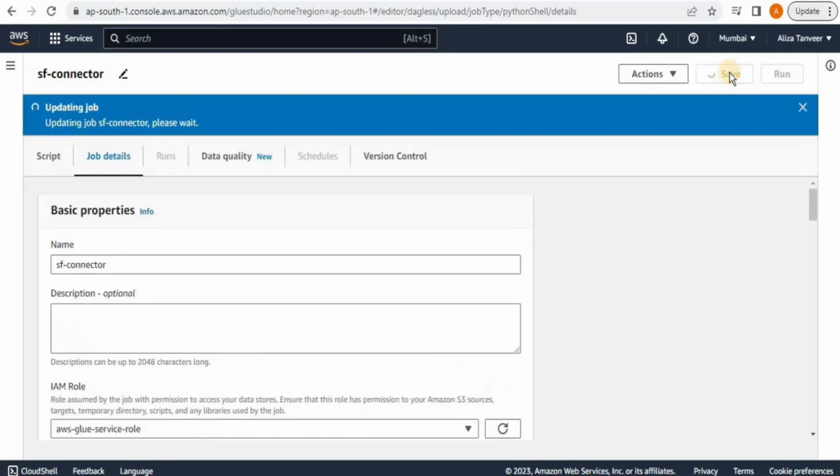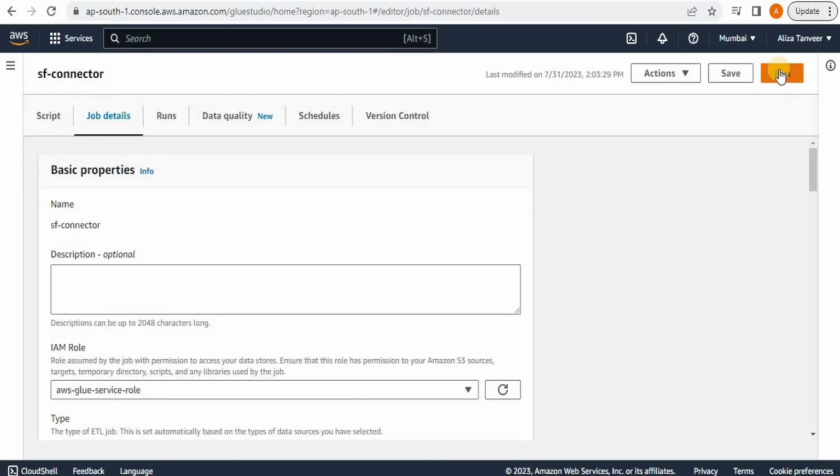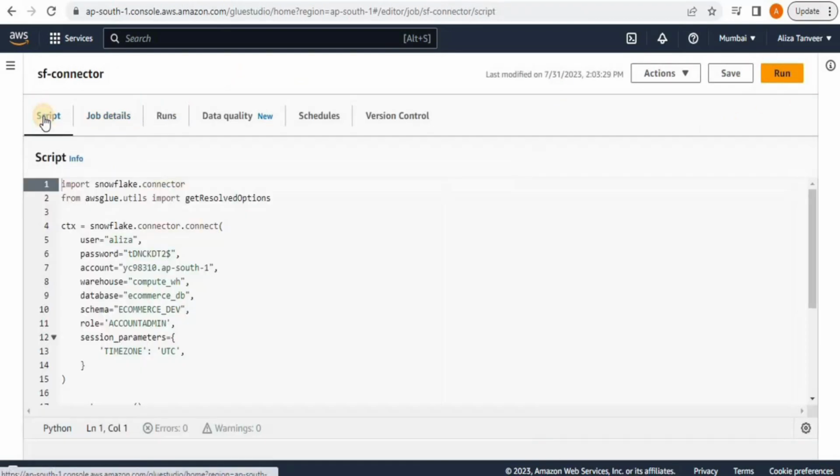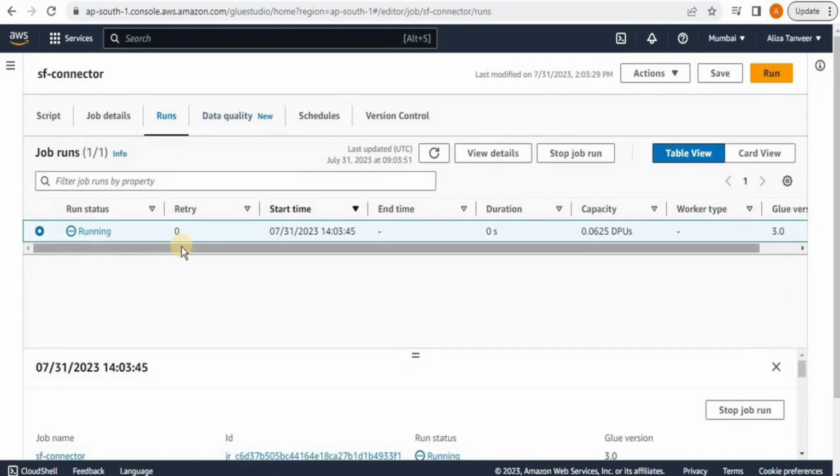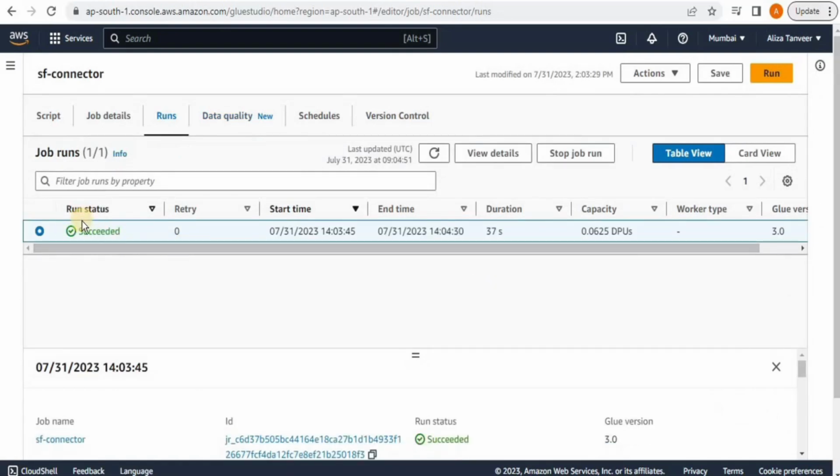And that's it. No need to change anything else. Simply click save. Then we'll go to the script tab, and finally I am going to click the run button. After doing so, our job will start executing. It is going to take some time, and after a while you will see that our job has been successfully